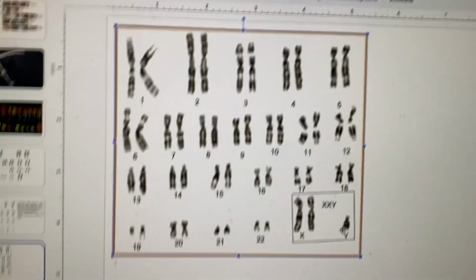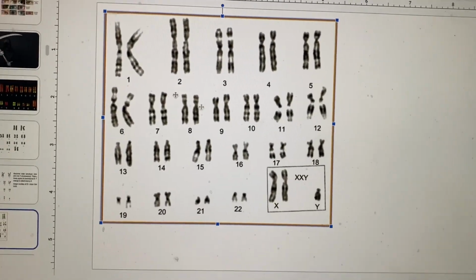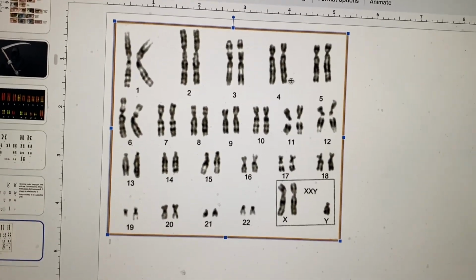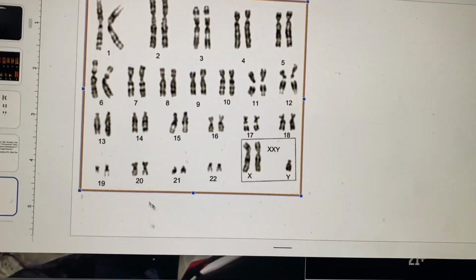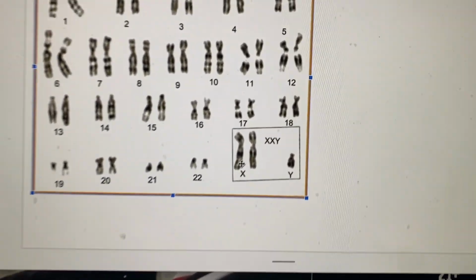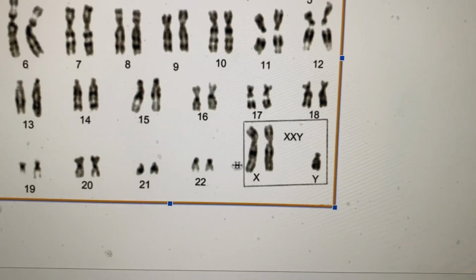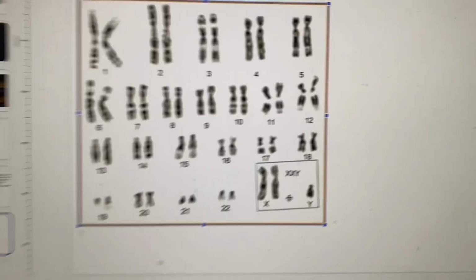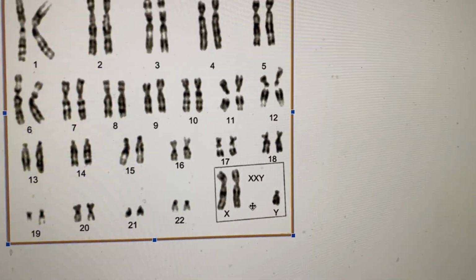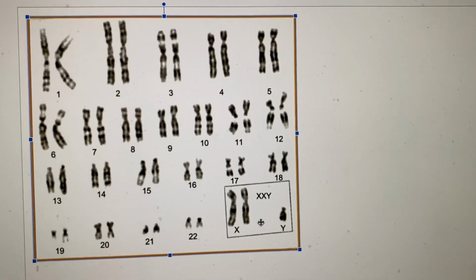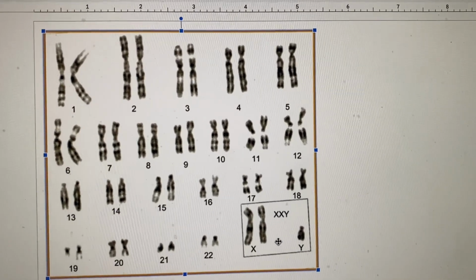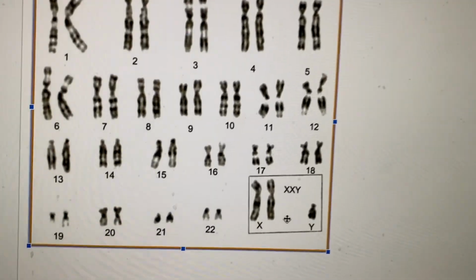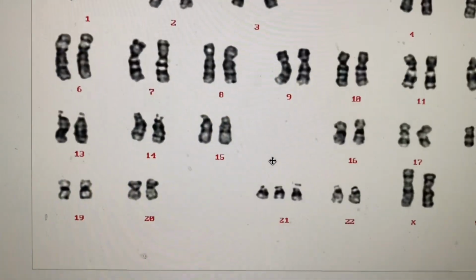And then here's another karyotype. You see, they've got 2 copies of 1, 2, 3, 4, all the way down. All the autosomal chromosomes they have, but this person is XXY, 2 X's and a Y. This is what we call Klinefelter syndrome, and usually this person can survive because the X chromosome doesn't have that many